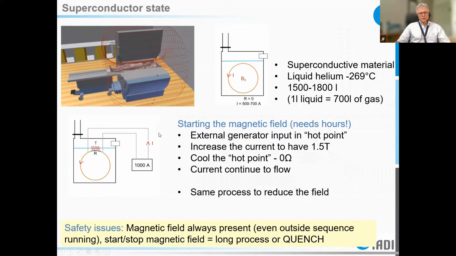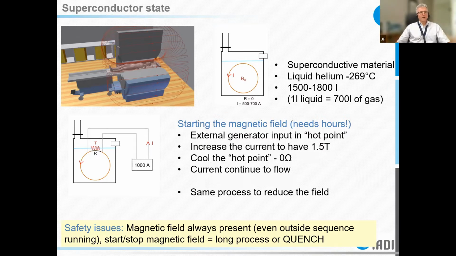Just to understand how we work, at first you have no current in the coil. You heat some part here, and after that you add a power supply outside the coil. You start with 0 ampere, and after that you grow the current in the coil, and after a time you have 1.5 Tesla, for example, and after you cool this again,